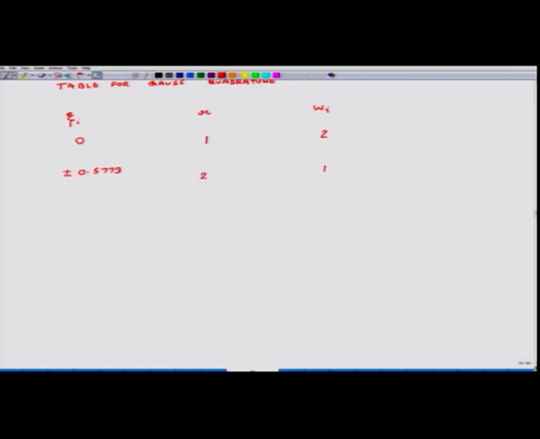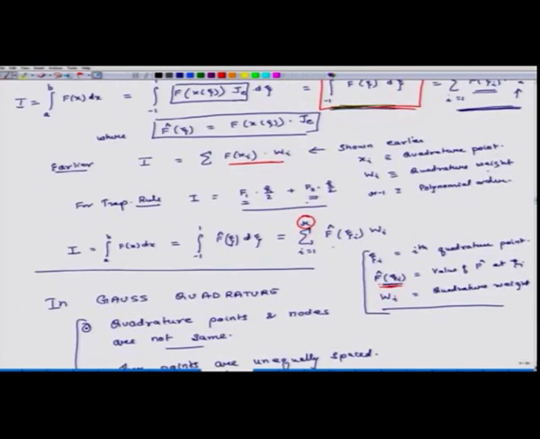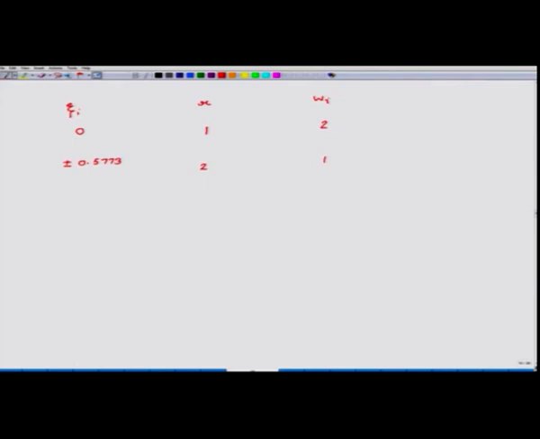So suppose you are using 2 Gauss quadrature points to do the integration, then you will use this formula again. You will evaluate f hat at 2 locations. The first location will be when zeta equals minus 0.5773, and you will get some number, you will multiply that number with 1, and then you will add that to f hat evaluated at plus 0.5773 times 1, okay. So that is there.